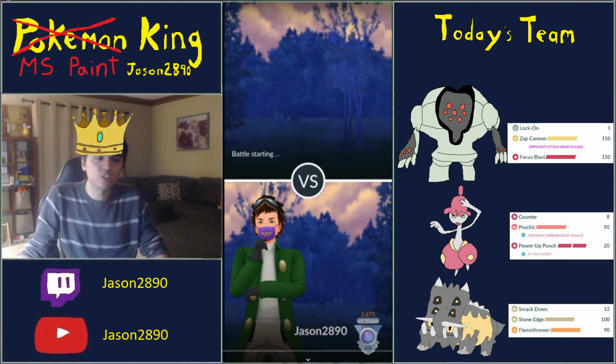So the thing about this team is it's a bit unpredictable because people don't know what you have in the back with the Registeel lead, and they're not expecting a second steel in the back whenever you sacrifice the Registeel lead. So basically what we're going to do with this team, whenever you get a bad lead, is just sack Registeel. There'll be some scenarios where we end up shielding, but Registeel in Open Great League is the king of the